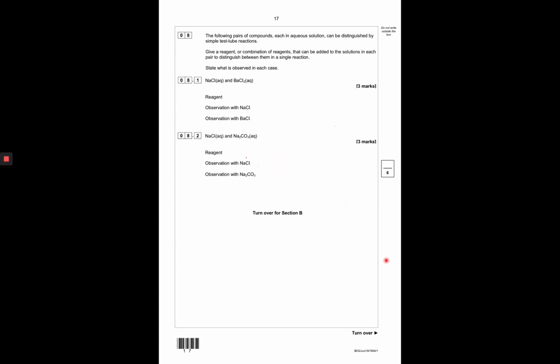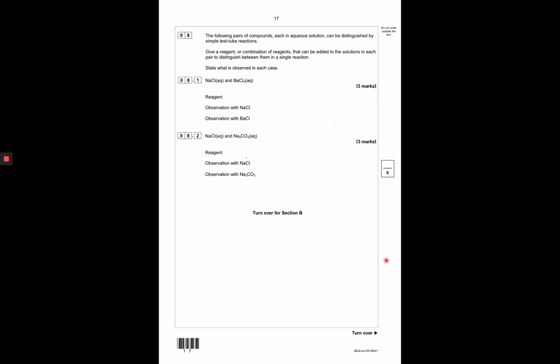Okay, so appreciate that because of lockdown you didn't have the opportunity to do some of these tests. You had done some of them, of course, but you hadn't done all of them, and you hadn't done an exercise where you would have done a variety of different substances and tried to work out what they were. But anyway, if we're going to add a reagent that's going to distinguish between two unknowns,